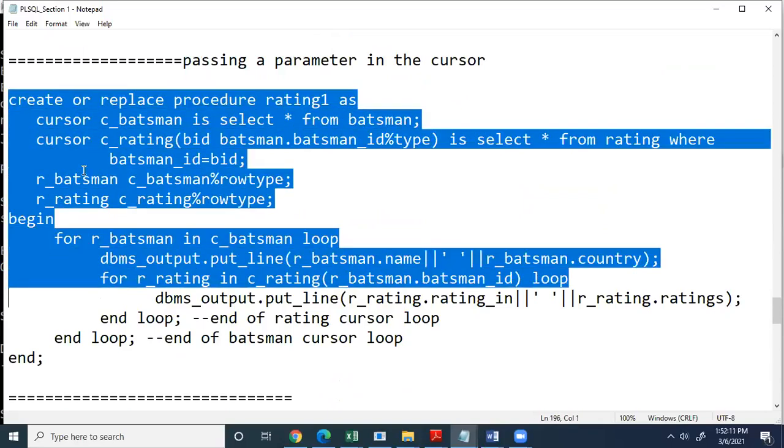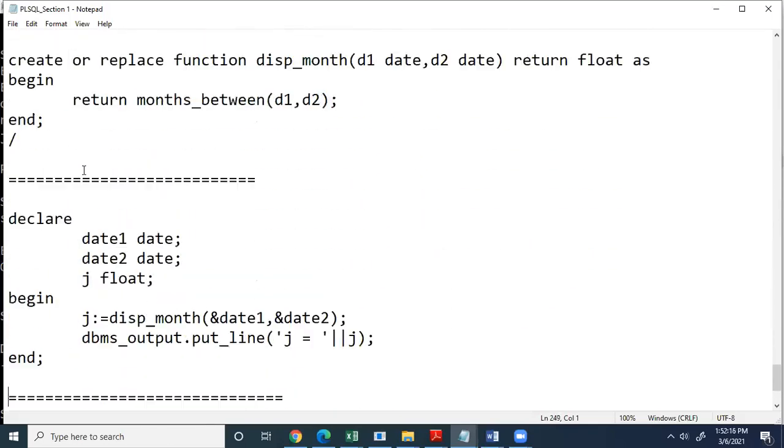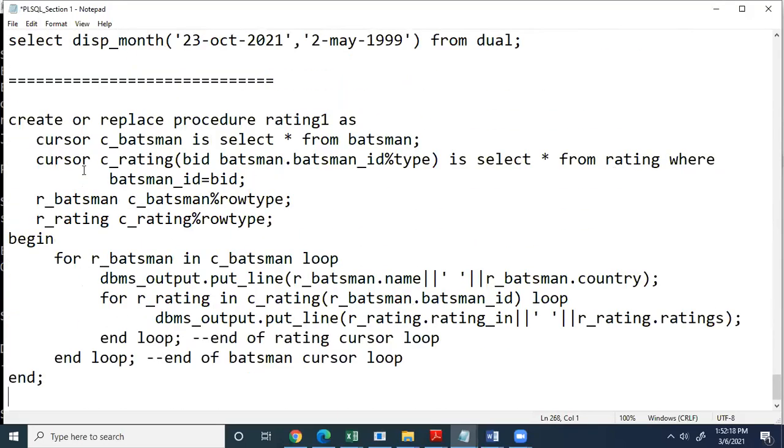Okay, let us take this example only. I am converting this procedure into a function. So create a replace function, function name, return varchar2 as. Now one more thing that you need to remember is whenever you are writing return and the data